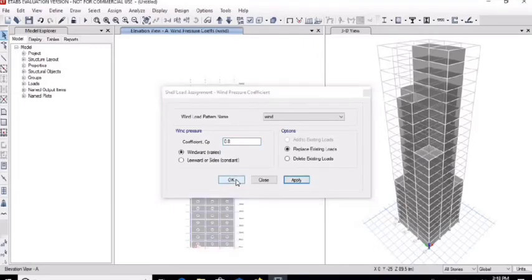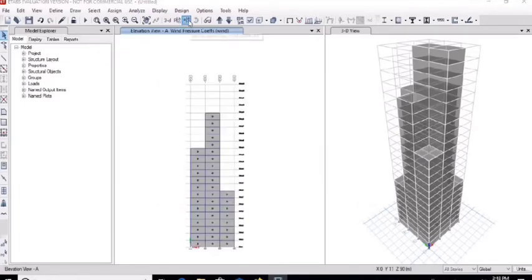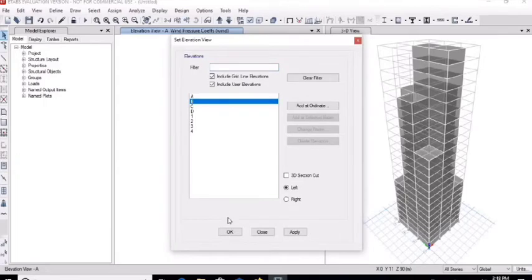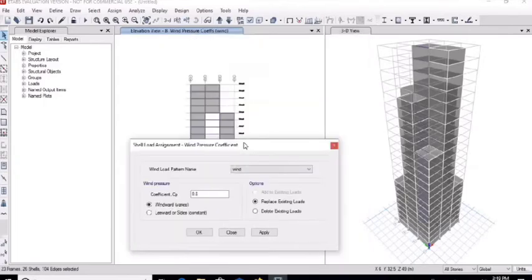Click on apply and click on OK to exit. Then go to the elevation again. This time select B. Select all shells and coefficient to 0.8. Apply. Click on OK.